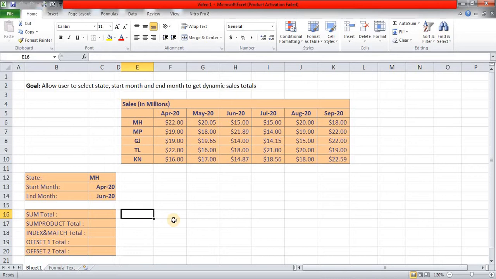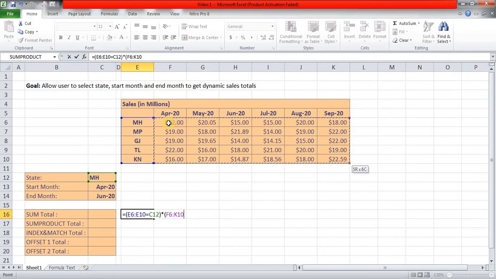So we are going to break this formula into two. I am going to start with equals, bracket, and a logical question: how many of you are equal to Maharashtra? And I'll multiply this by these sales amounts. I'll complete the parenthesis and press Control Shift and Enter. In SUM, we are going to use an array function, so I am pressing Control Shift and Enter. So it is giving me 22.